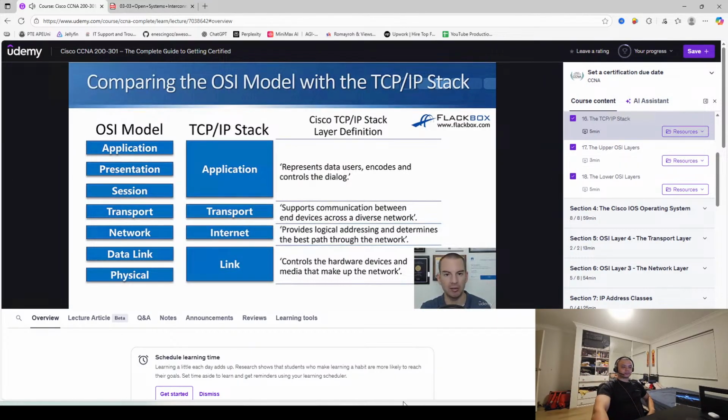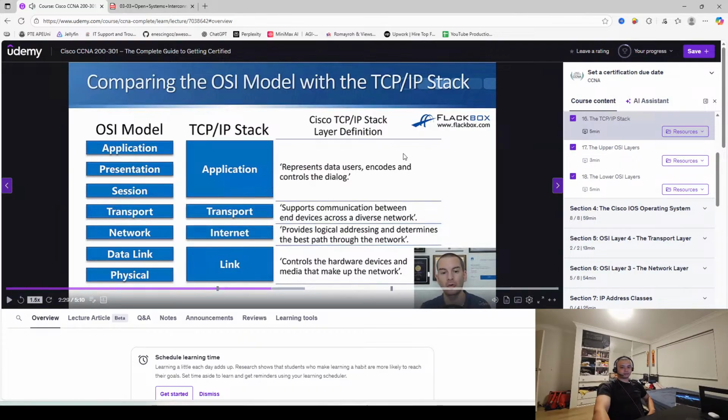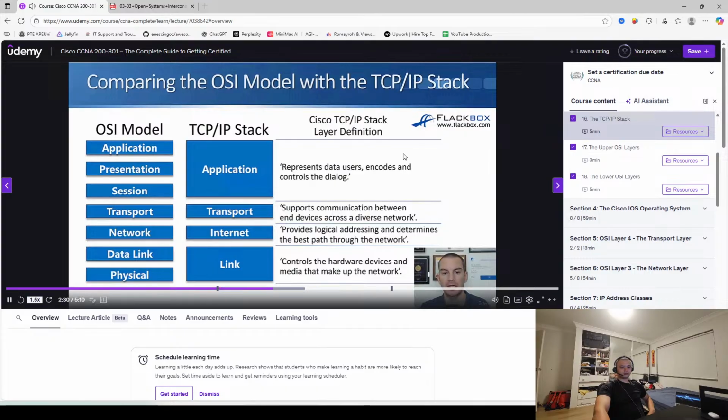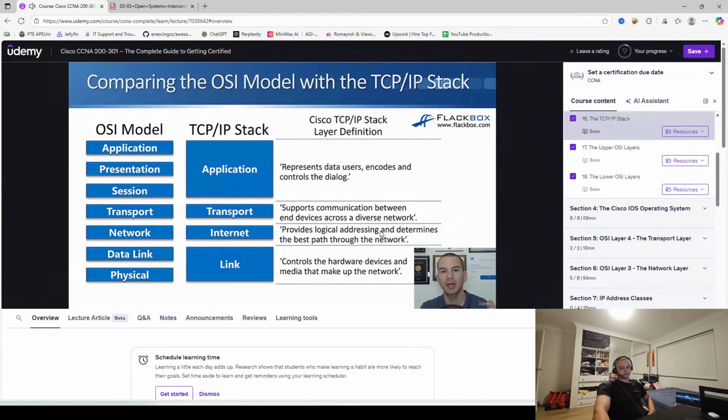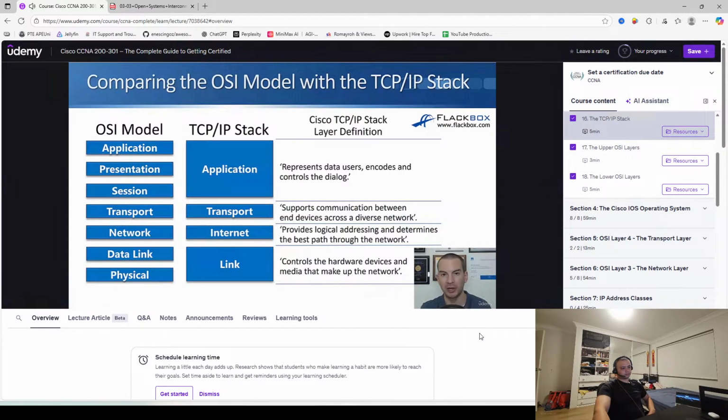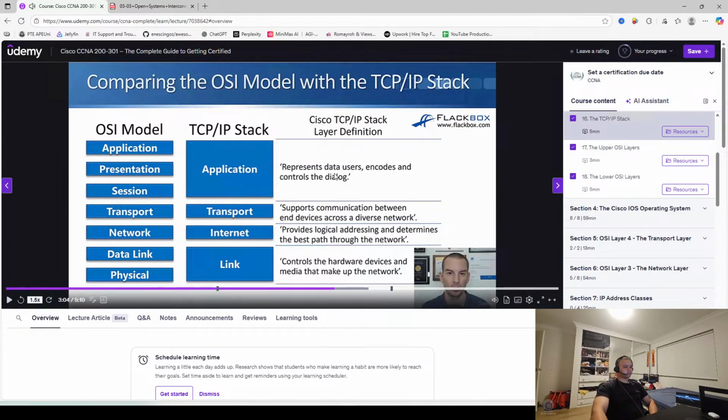Up at the top, we've got the application layer, which maps to all 3 of the application, presentation, and session layers in the OSI model. Below that, we've got the transport layer, which is a one-to-one mapping with the transport layer in the OSI model. Underneath that, we've got the internet layer, which is equivalent to the network layer in the OSI model. And down at the bottom, we've got the link layer, which maps to the data link layer and the physical layer in the OSI model. Now, I was saying in the last lesson, it's really important to understand the